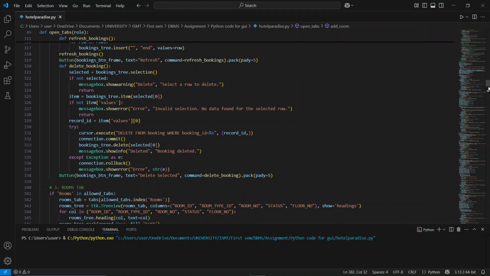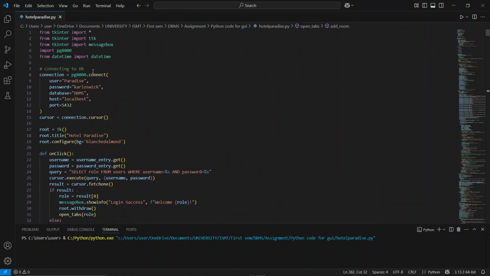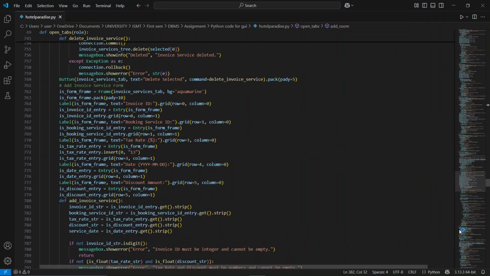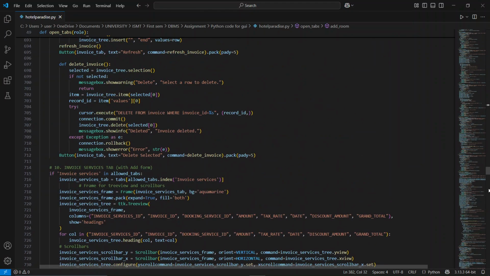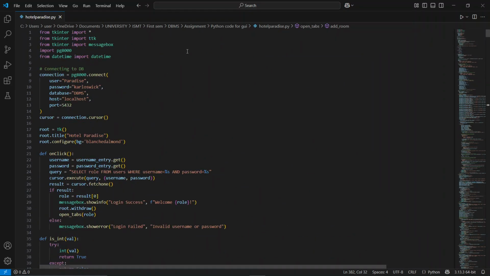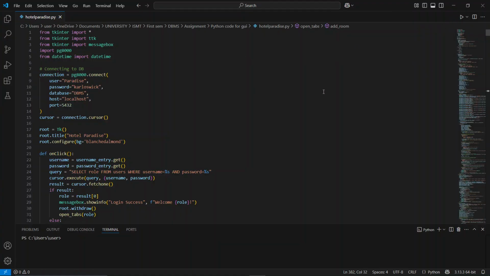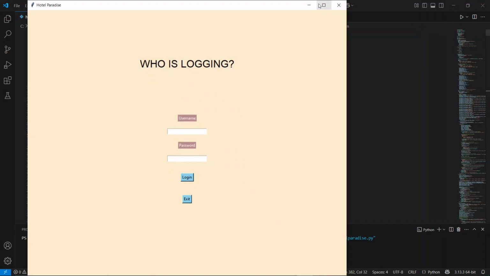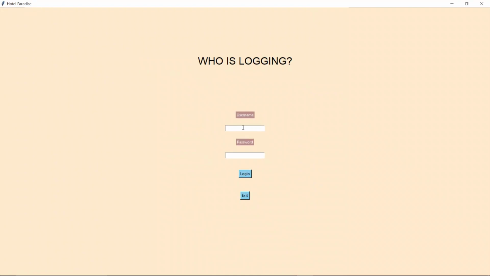So this is my assignment for database management system. I have made a hotel room reservation system for the hotel Eden Paradise. Now after running the program we get a UI which shows who is logging in, and I have created